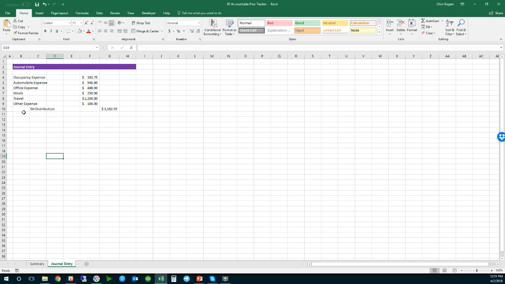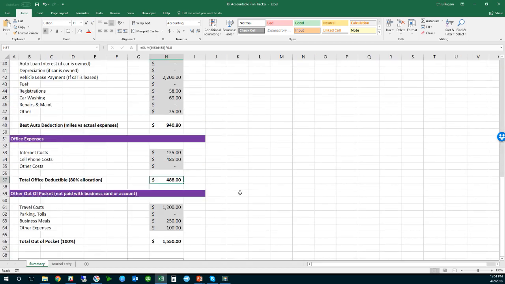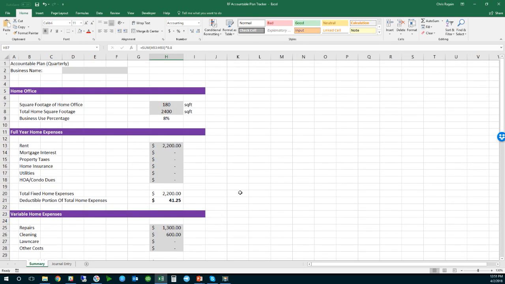But I typically just throw everything into shareholder distribution, and then when we're doing all of the accountable plans for clients and doing all these journal entries at once, we just move it from shareholder distribution and make a journal entry to do all of that. So does that make sense? This is in your lesson here as part of the materials. You can use this. Like I said, make sure you lock down the calculations if you give it to clients.